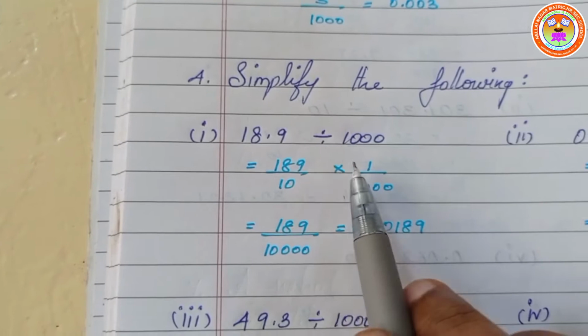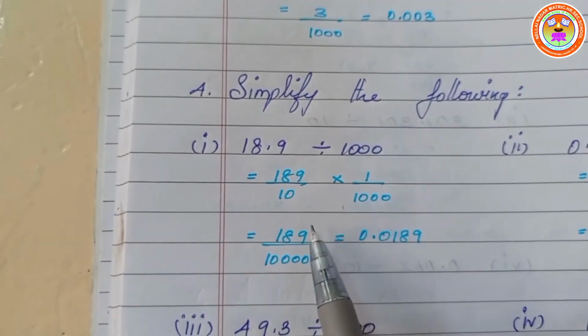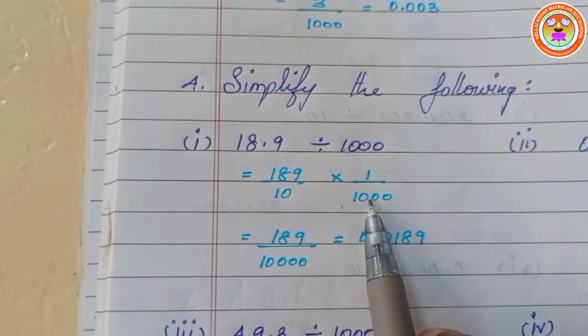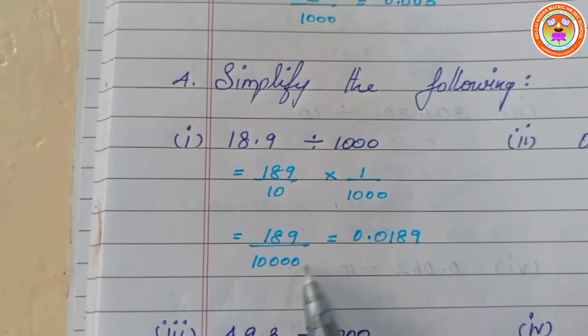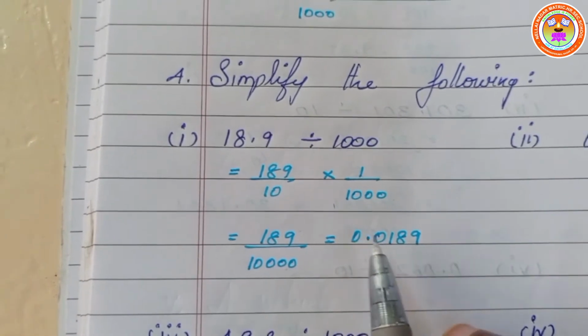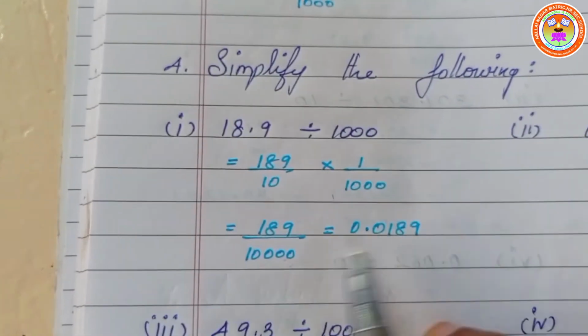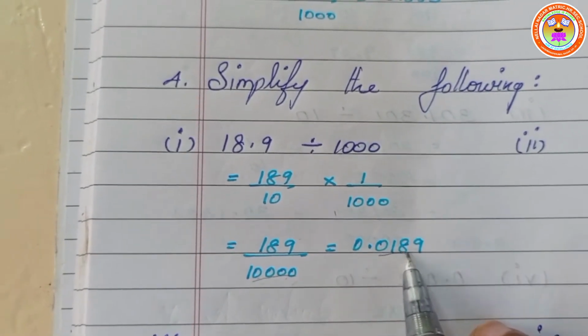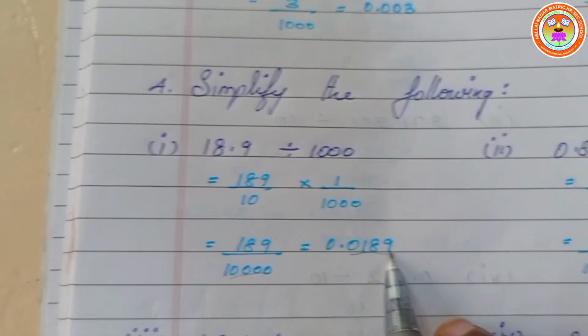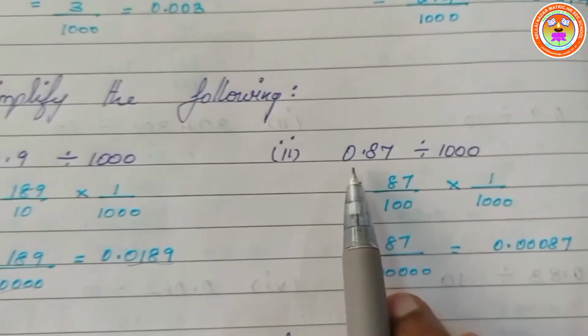Now multiplying, you get 189 into 1 as 189, 10 into 1000 is 10,000. So this 189 by 10,000 is written as 0.0189 because you have 4 zeros here, so there are 4 places of decimal. Okay children, next one,